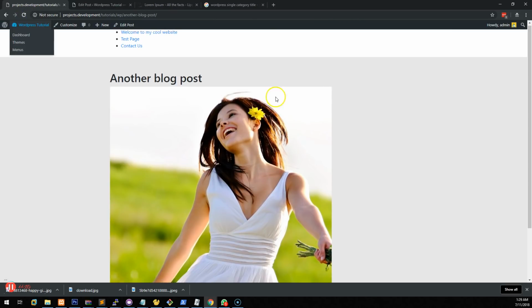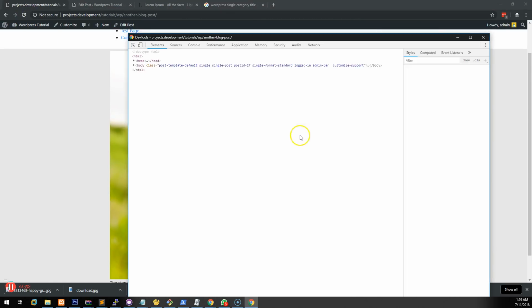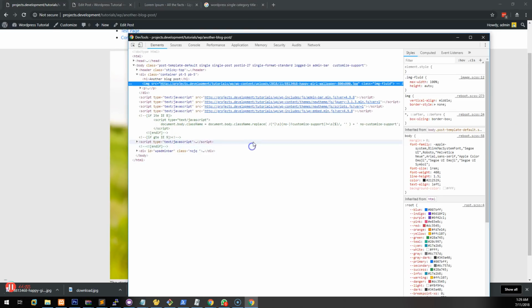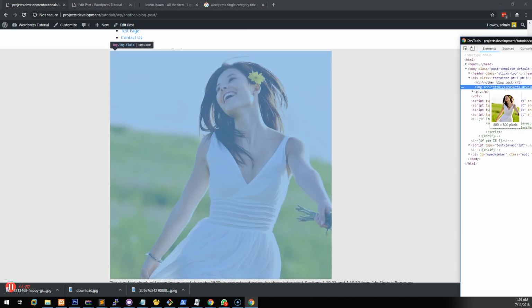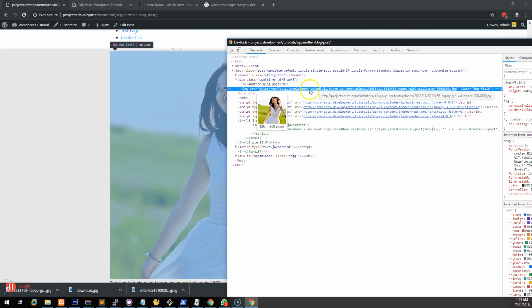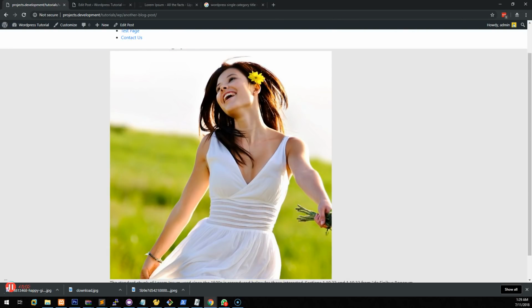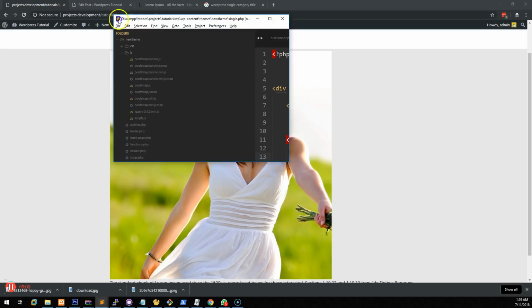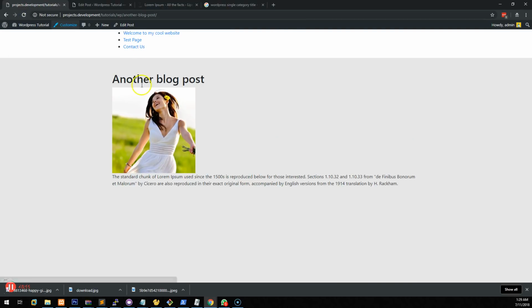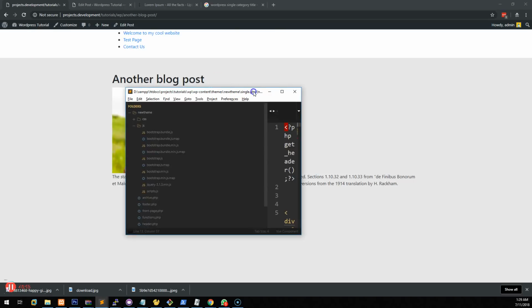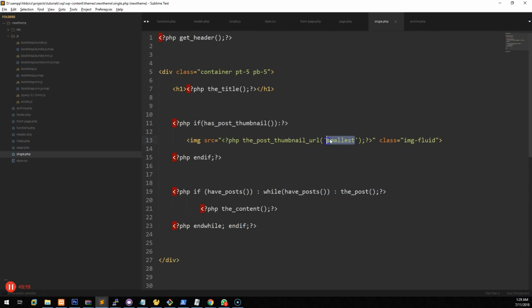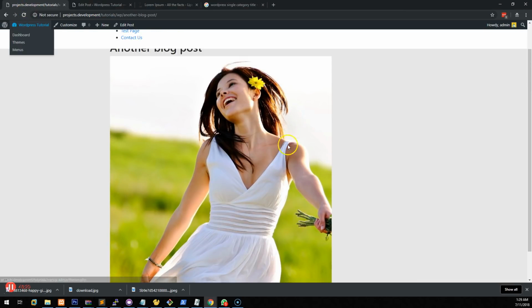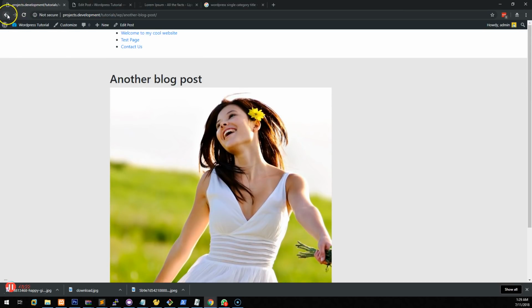So if we refresh it now, you'll notice that it should be a specific size. Let's have a look. Yeah, 800 by 800, as you can see. If you go back to your single.php and you want it to be the smaller one, you could just change it to smallest, and that will show the smaller size image that you requested. So what you could do is make the actual blog post show the larger image, okay? And then you could go into the actual